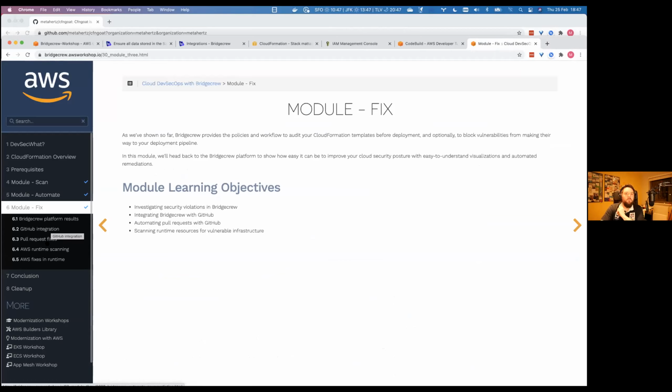Was there another question, Rob? Yeah, there was a question in the chat about whether there's support for JSON based, the question is around CloudFormation templates, if there's support for JSON based templates or if it's just YAML based. Yeah,